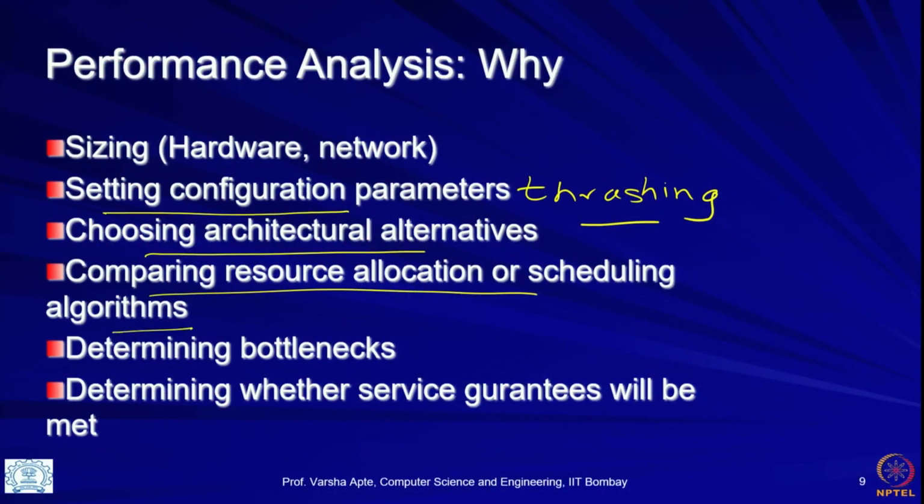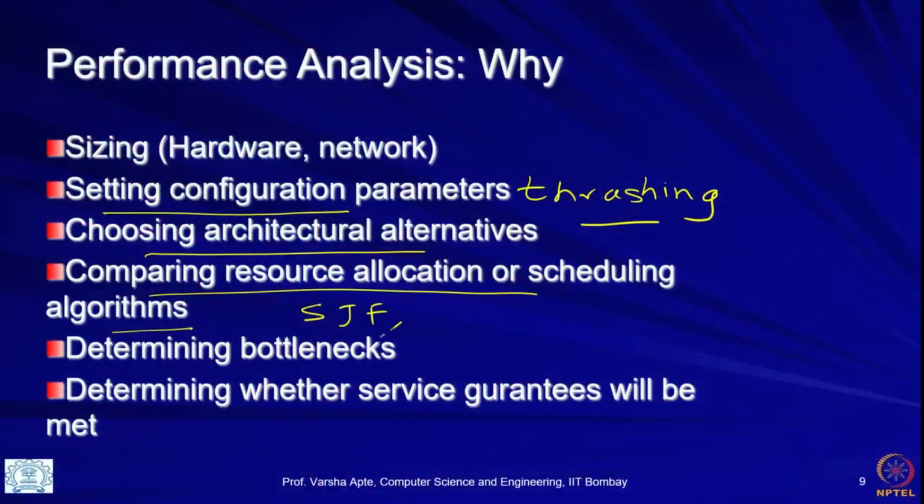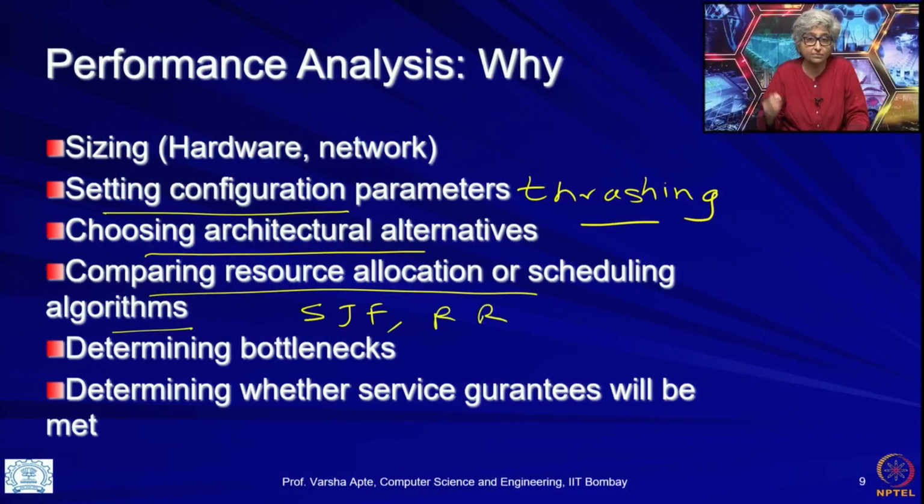This is very important. I have let us say a CPU core and then I have so many threads and processes using it. Again from your undergraduate operating systems you would have learned that there are so many different scheduling policies, right. There is shortest job first, there is round robin, all of these will result in different delays and sometimes it can lead to different rates at which jobs are completed also. So, I cannot just propose some new policy other than these without doing the performance analysis of it.